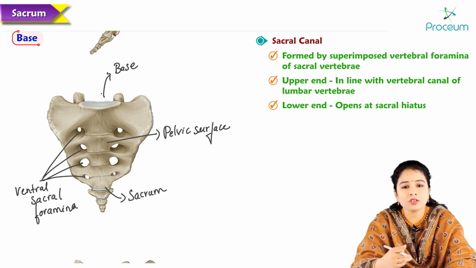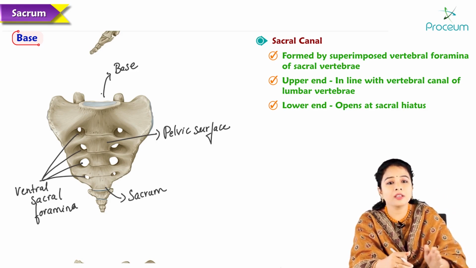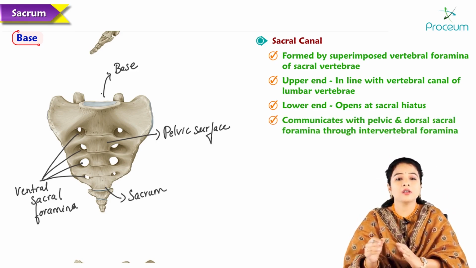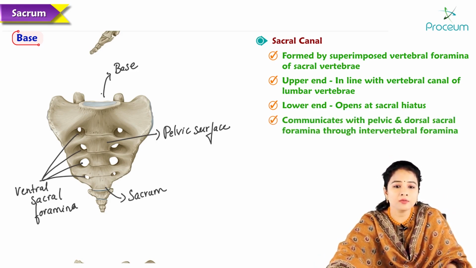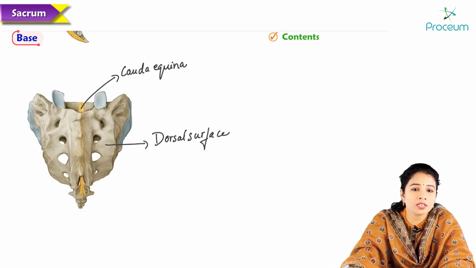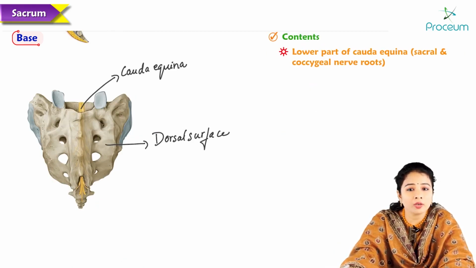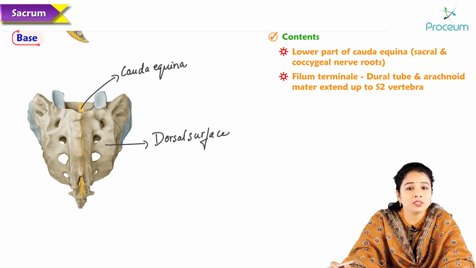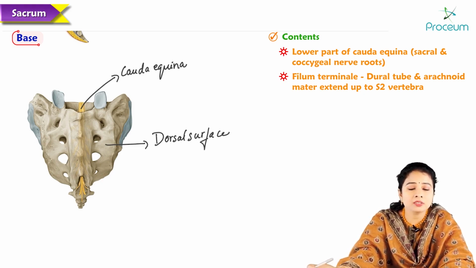So the ventral and the dorsal sacral foramina communicate with the sacral canal via the intervertebral foramina. The sacral canal contains the lower part of the cauda equina, that means the sacral and coccygeal nerve roots, and the filum terminale. The dural tube and arachnoid mater extend up to the S2 level, and below the S2 level it continues as a fibrous continuation, that is dura mater alone continues and attaches to the